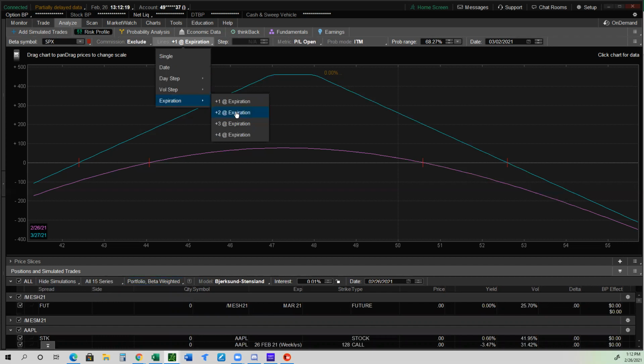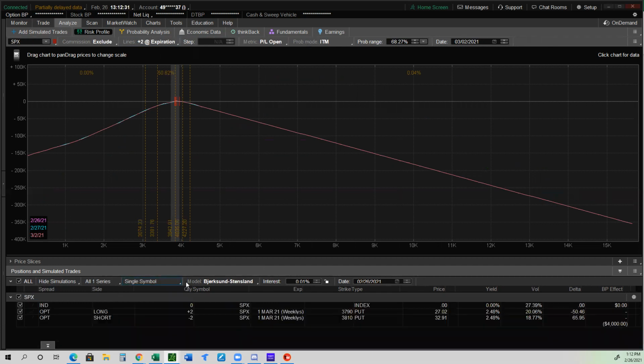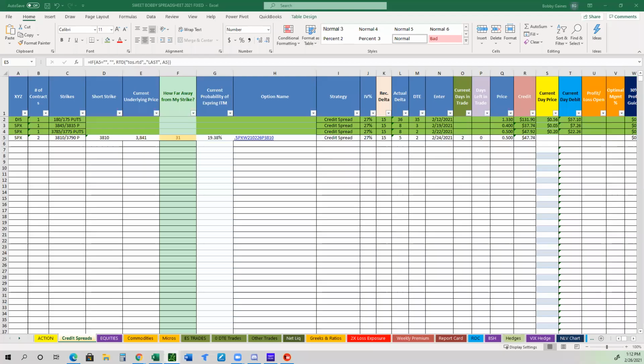So that's me talking to myself. Y'all just keep each other amused. 2 expirations. Portfolio beta weighted. So let me go back to single symbol. Long 2, short 2. Why is this taking so long? Now I can't trust anything on you, stupid Thinkorswim. Ken, I cannot wait till I get my little thing that makes this faster. Hopefully it makes it faster. Unbelievable. Hide simulations. I got SPX in there. I got 2 expirations. P&L on my open. Probability in the money. I have no idea what's wrong with this thing. Anyway, here's what I'm saying. Let's go back to the